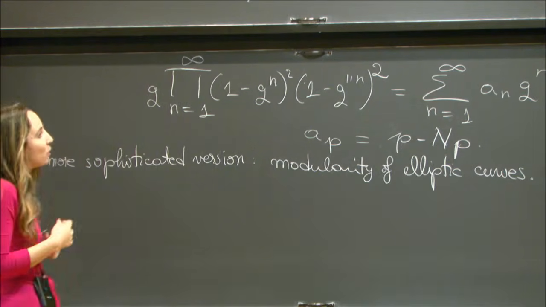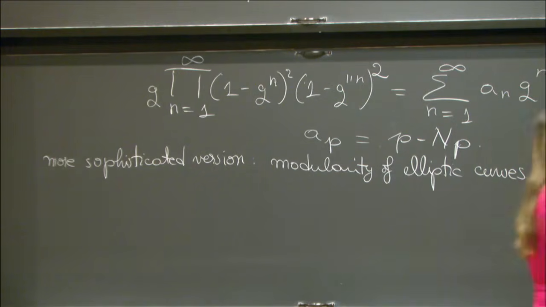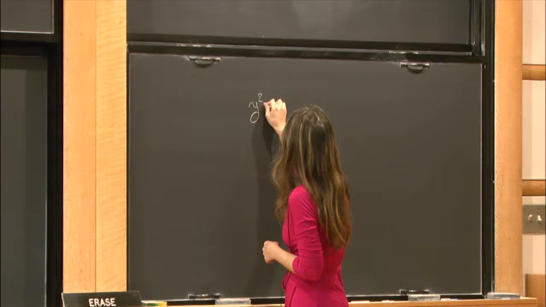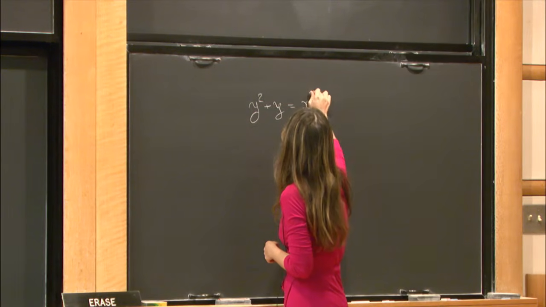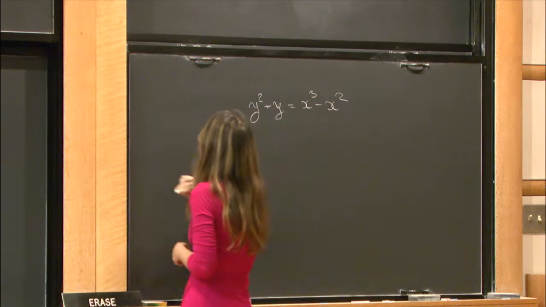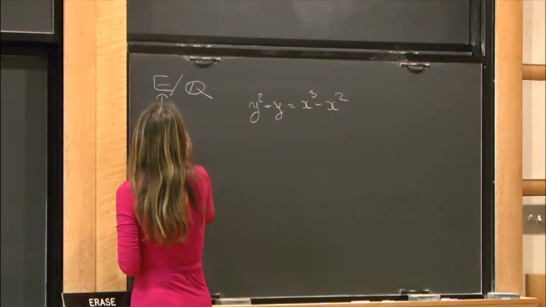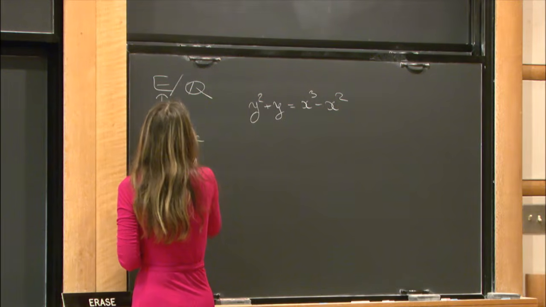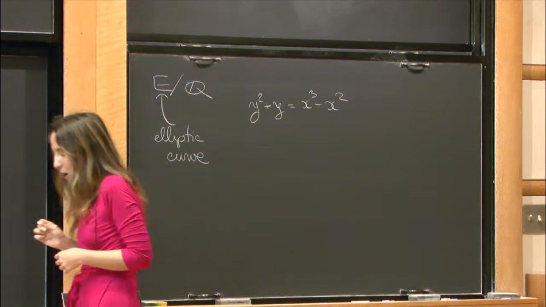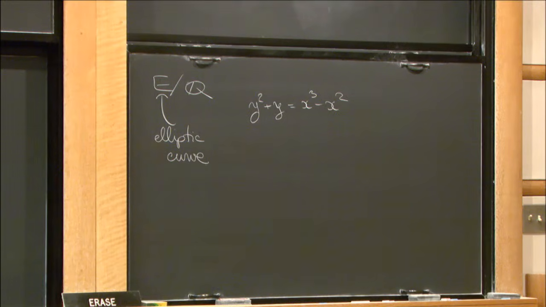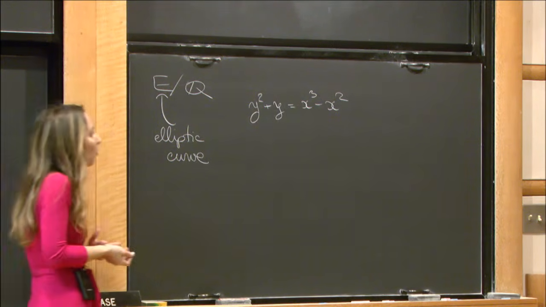I need to talk about the 2 objects that show up. So first of all, this equation, this cubic equation with integer coefficients, this represents an elliptic curve E over Q. So an elliptic curve is a projective smooth curve of genus 1 together with a distinguished point, a point at